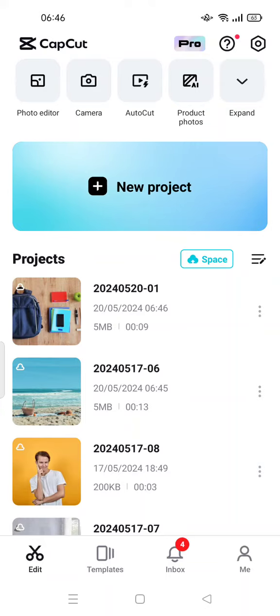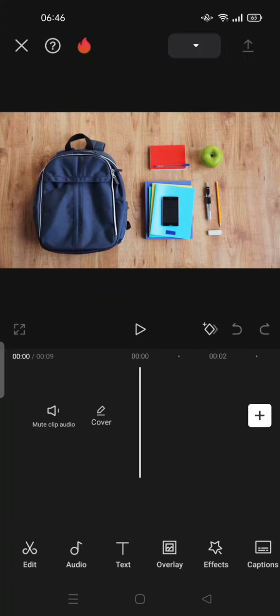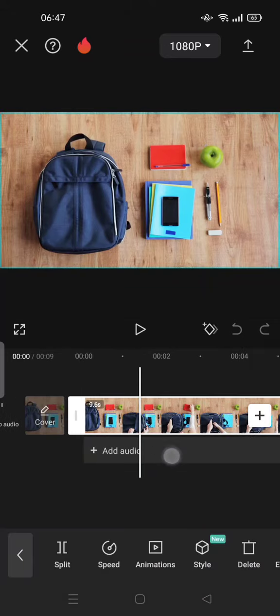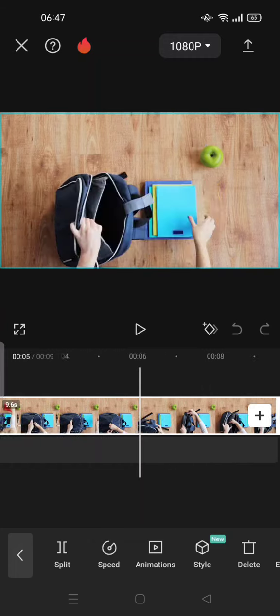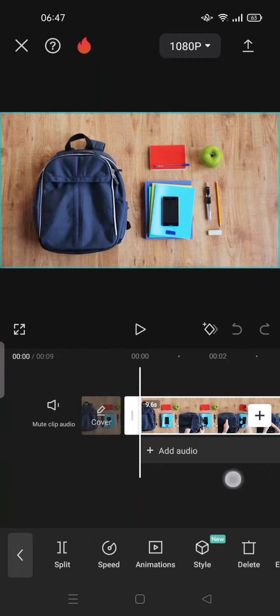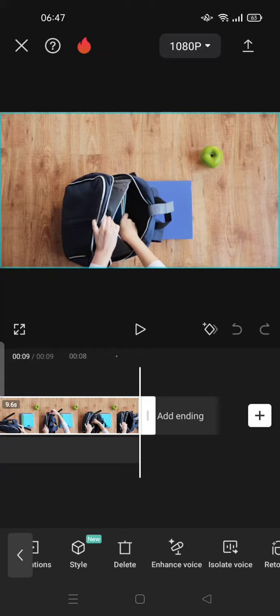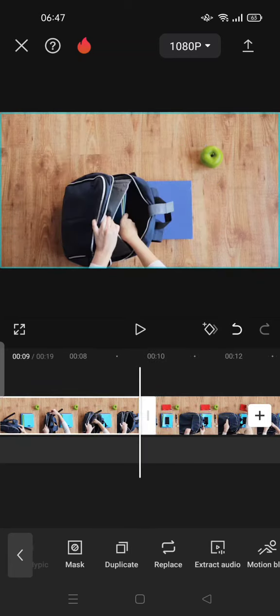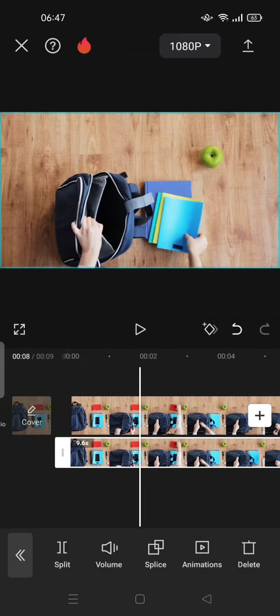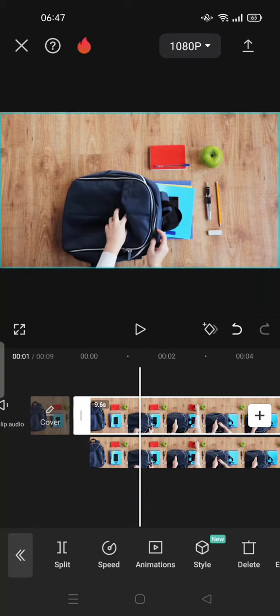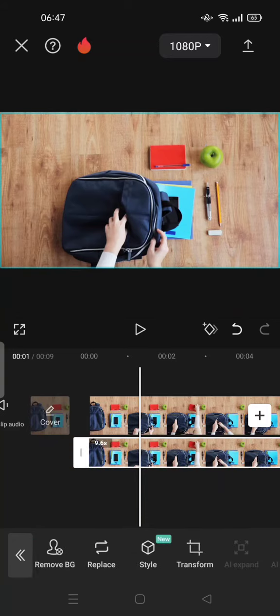All you have to do is tap on one of your projects. So let's start from video from library here. I want to remove or hide or cover the apple, the green apple up there. Try to use a duplicate, and on the first video make overlay. This overlay is done. So tap on the second, the bottom one, the overlay,